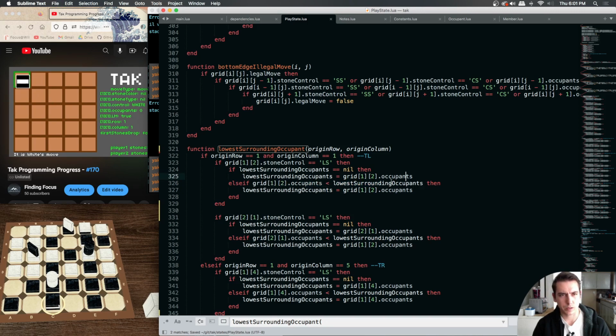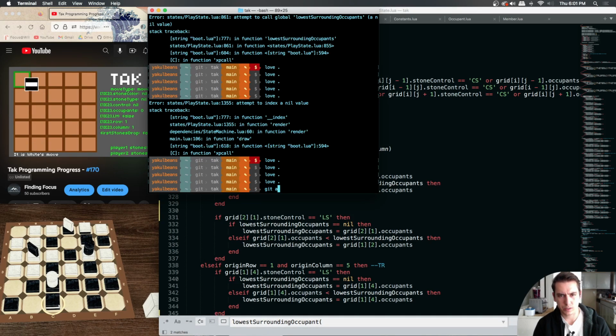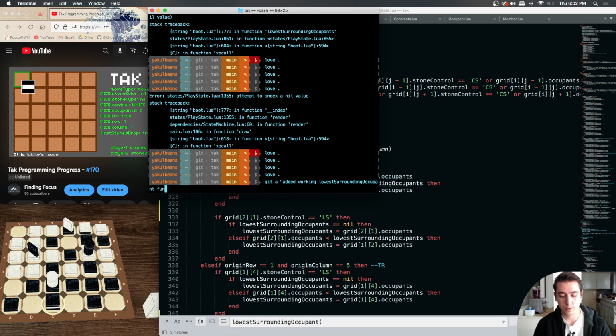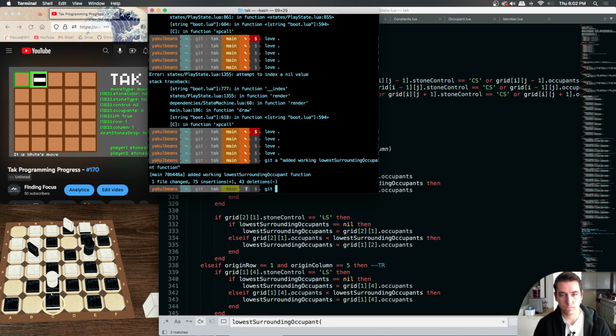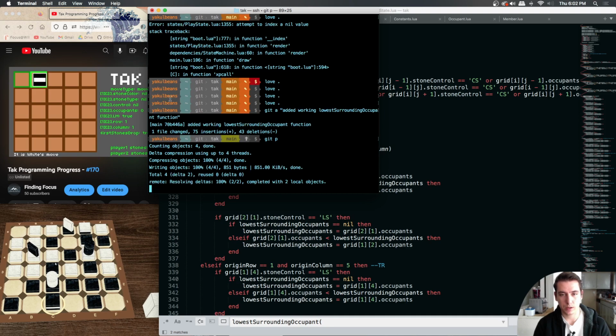Some weird noises going on outside. I'm going to actually commit this right now before we change this and say added working lowest surrounding occupant function. Git push that bad boy and then say